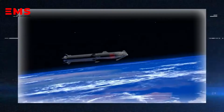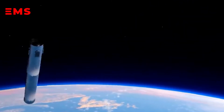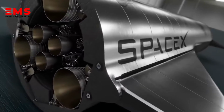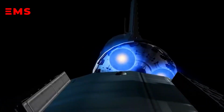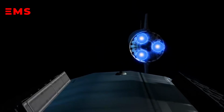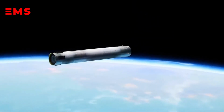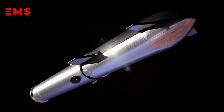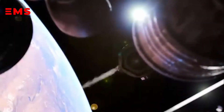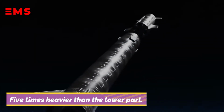separation. In fact, the Starship will start the separation process with the help of gimbaling Raptor engines on Super Heavy to rotate itself. Before the main engine cutoff, the Starship will introduce angular momentum. During this time, the coupling between the upper and lower part will be opened. Due to the spinning motion, both the stages will move apart. The Starship will slide away in a straight line because at that point it will become 5 times lighter than